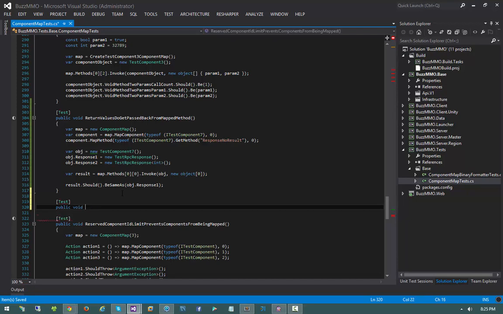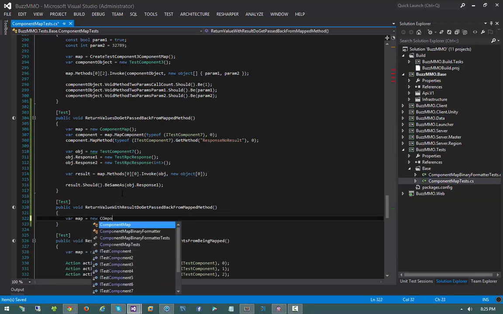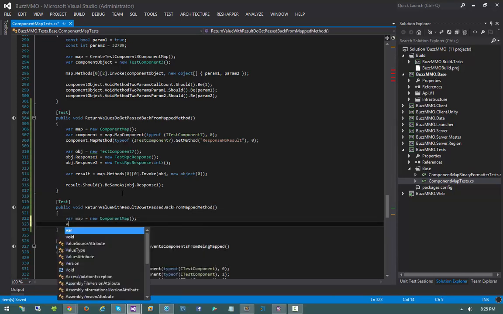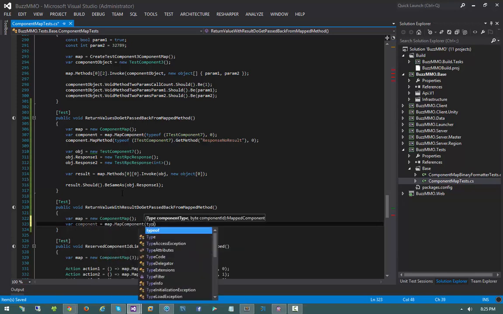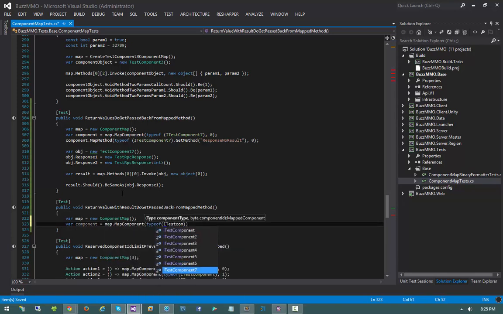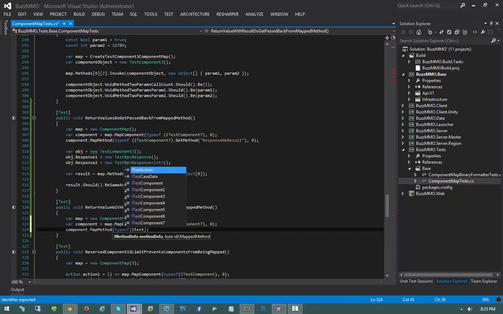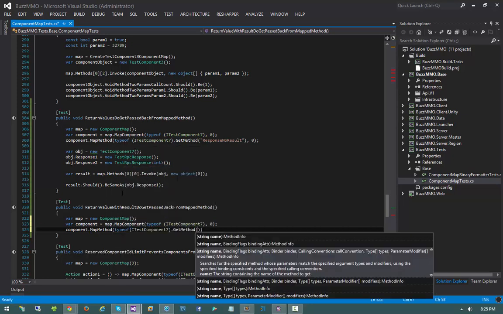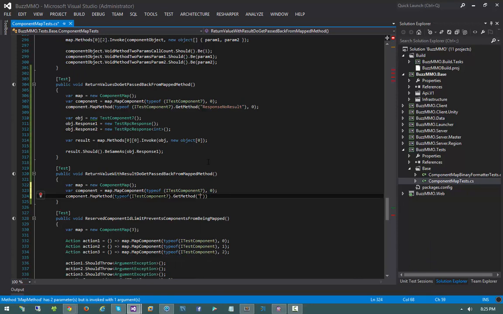Return value with result do get passed back from mapped method. Terrible grammar, but it'll do. Map equals new component map. We're going to say var component equals map.map component, type of iTest component 7, ID of 0. We could also copy and paste, but I try to avoid copying and pasting too much in these videos because it typically will result in me jumping around a whole lot, which I'm actually about to do